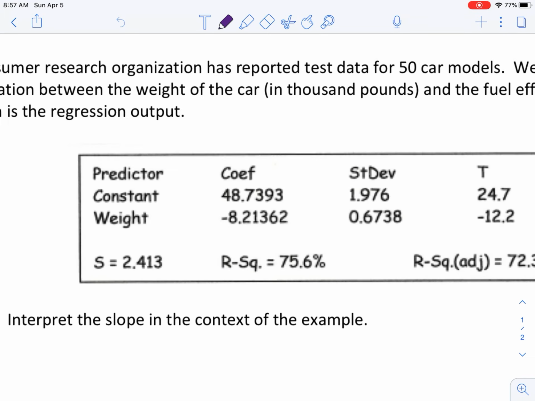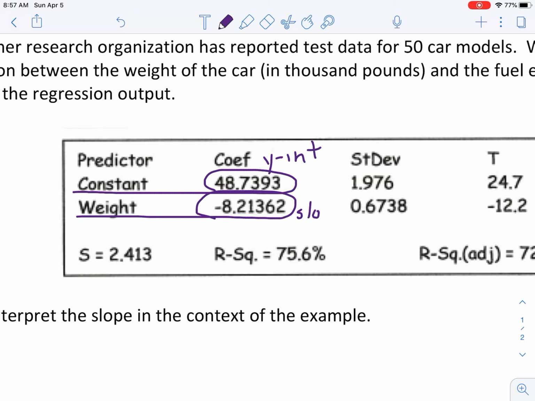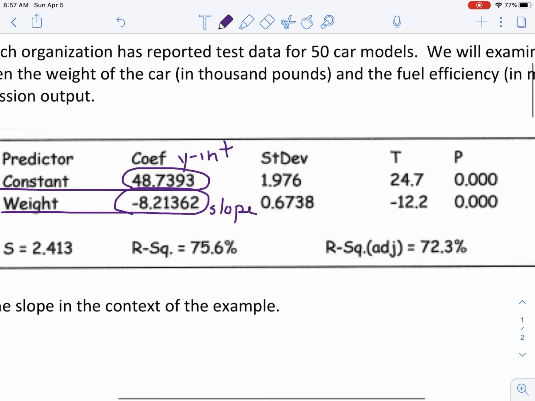So let's just review a couple of things. Hopefully you remember, the number, the constant coefficient, that is your y-intercept. Constant, doesn't change. Then the other one we're talking about, the weight of the car, this value is your slope. Okay? Now, I said we were going to get to the rest of these numbers over here,